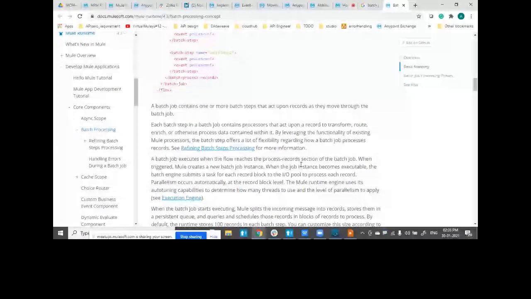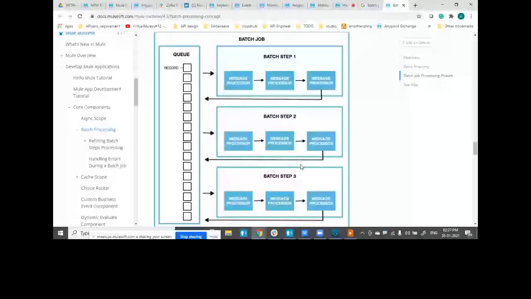Okay. A perfect example for us, because in our batch job also we have 3 batch steps. So let us understand how these batch steps will get executed. The first two phases that we are talking about, loading and dispatching a particular record, happen under the hood. So we cannot see that, but it happens under the hood.